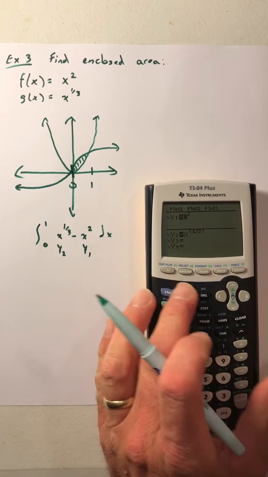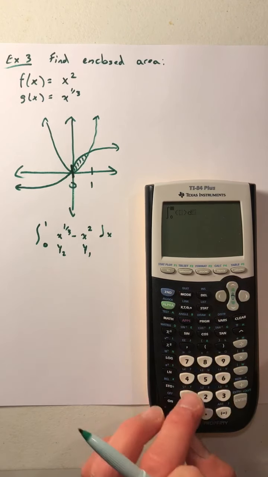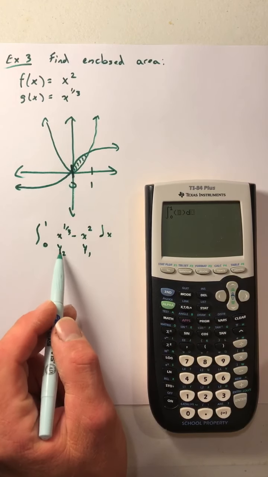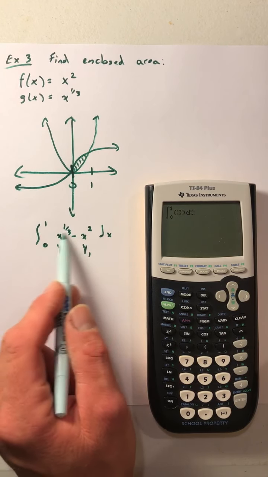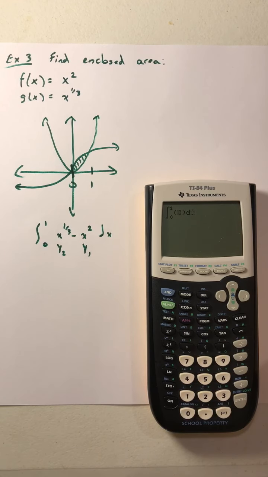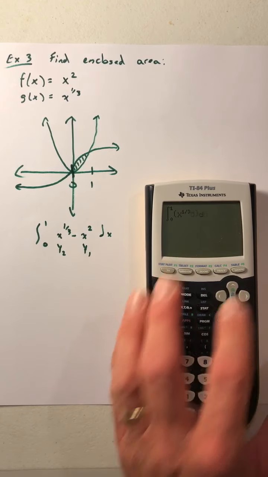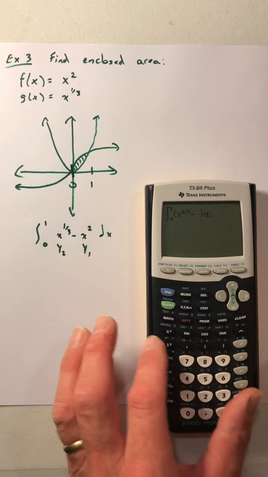So if we go back to our main screen, we can do Math 9. We can go from 0 to 1 of y2 minus y1. Or we could just type in x to the 1/3 minus x squared. This one is not really a big deal to go ahead and type it in. Probably be actually quicker if we did that. So x to the 1/3 minus x squared